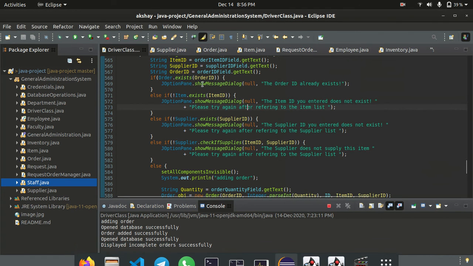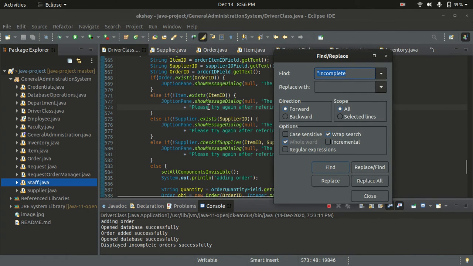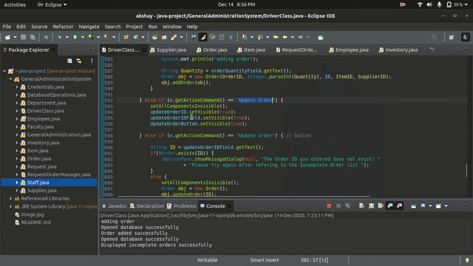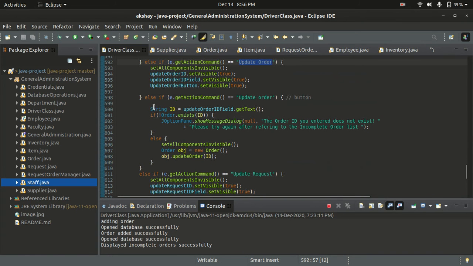So let's look at the update order. We got it. Here is the update order menu, and here is the update order button. Here we check if the order exists or not, which we looked into before. If it doesn't exist, then we show a warning.